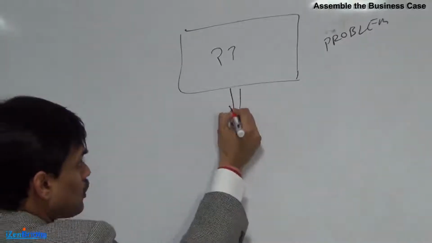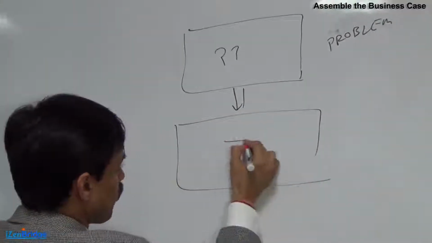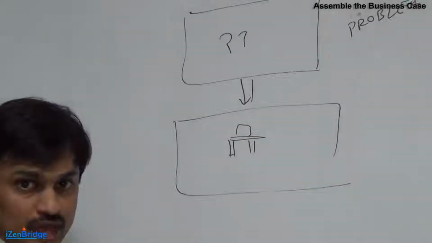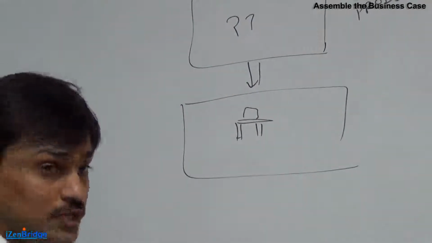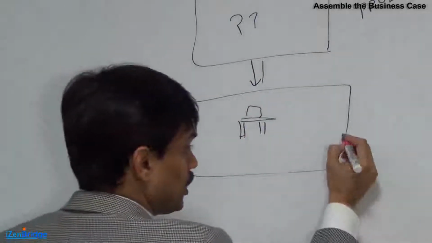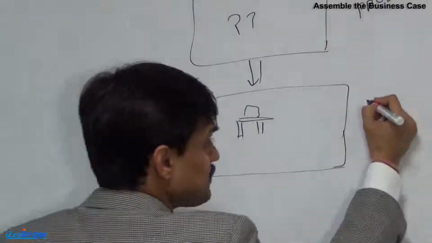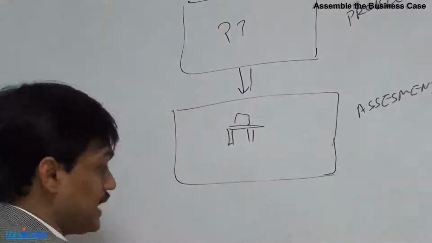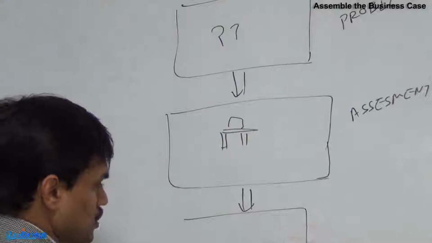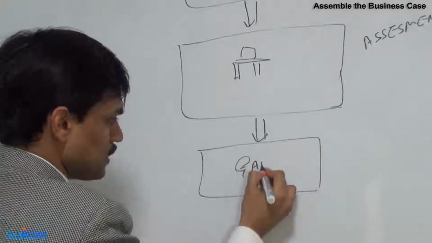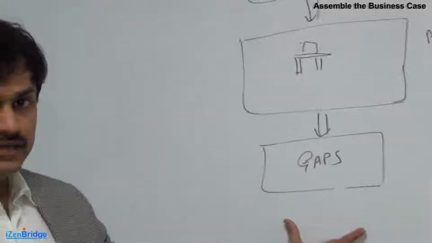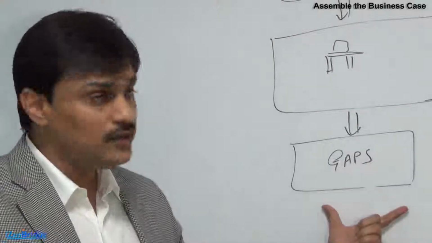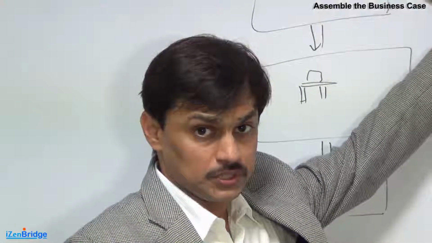After that, we looked at the current state of our organization. We looked at what capabilities we have and what other capabilities we should have in order to solve this particular problem. Now, this assessment of our current and desired skills leads to an identification of gaps. From the gaps, we thought about what actions we should take so that these gaps can be filled and we should be able to solve this particular problem.